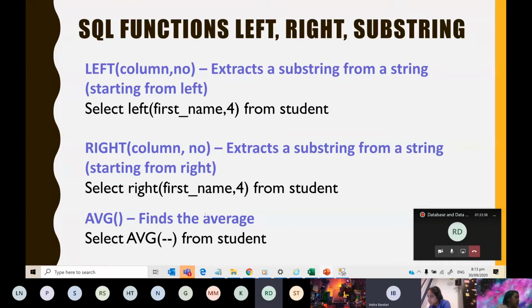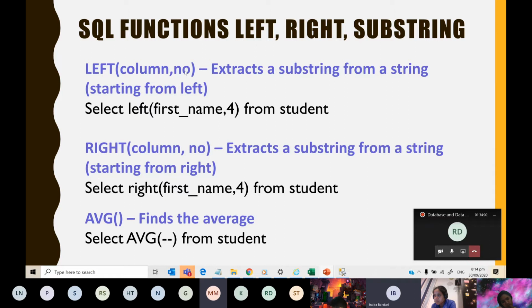The syntax is, in the integer functions we just pass the column name. Now, for the left function we have to pass 2 parameters. You need to give the column name, which column we are trying to use, and also the number.